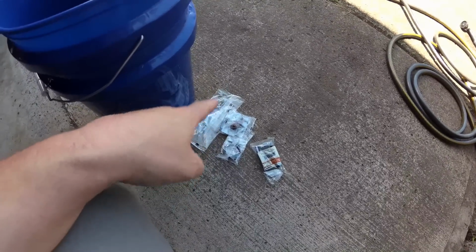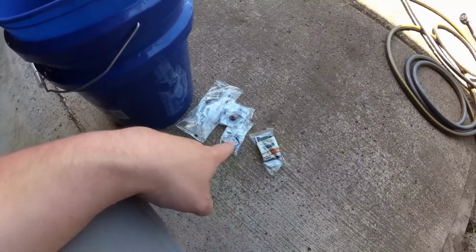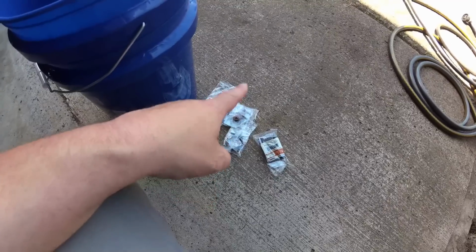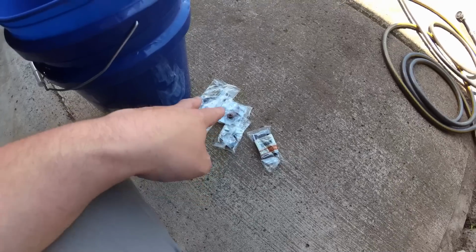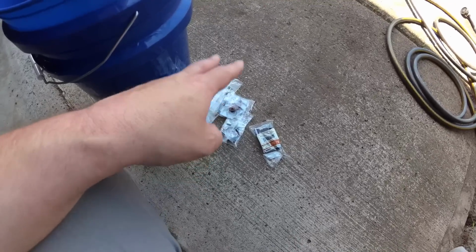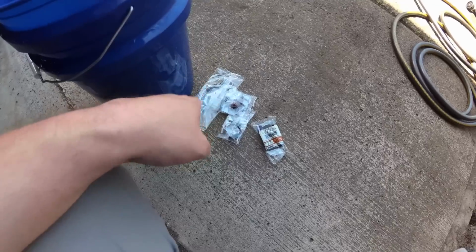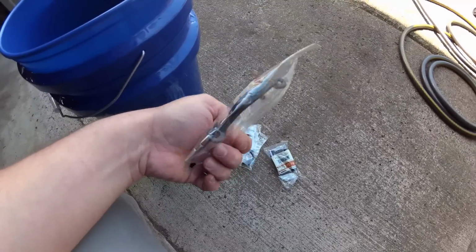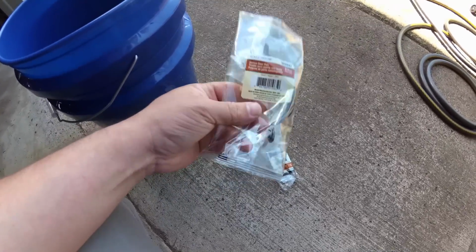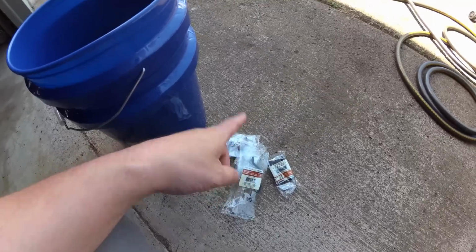All this stuff was actually pretty expensive. I believe for 8 hinges, 4 handles, 4 catches, 2 hooks, oh, and some screws, it was all $75. So it's not cheap, but I knew I wanted to put doors and some nice hardware on there. So now our total is up to